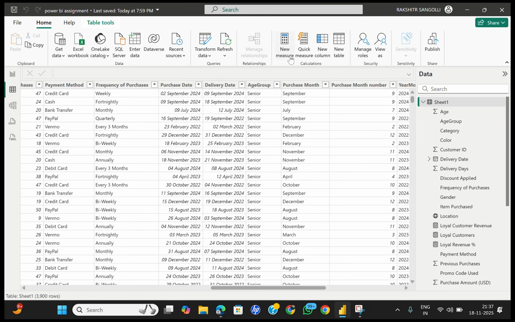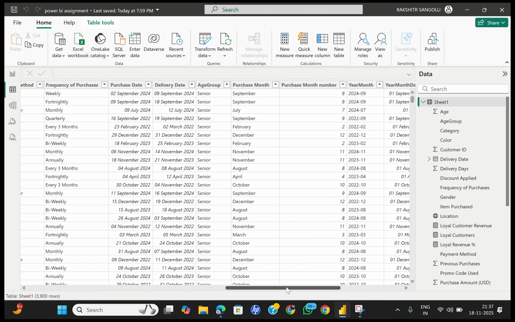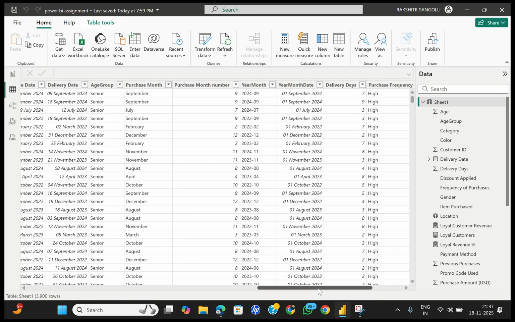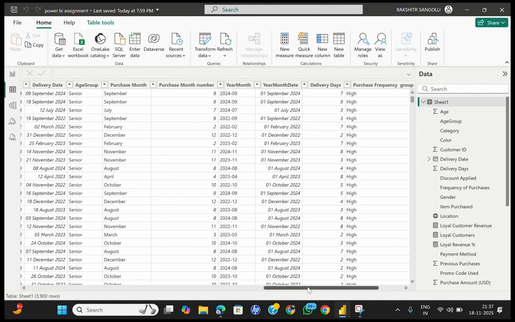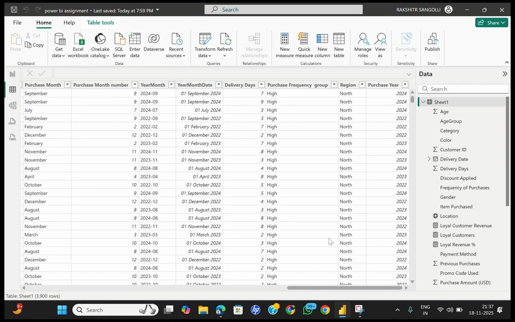We also generated different columns called purchase month, month number, year number, and I calculated a column which shows delivery days, the number of days it took to deliver the product. Then purchase frequency group, categorized into high, medium and low groups, then region wise delivery,